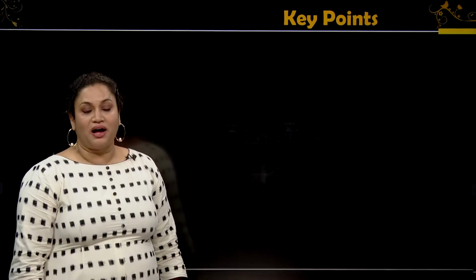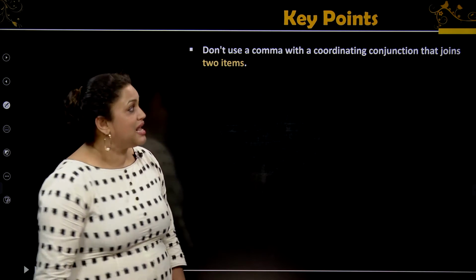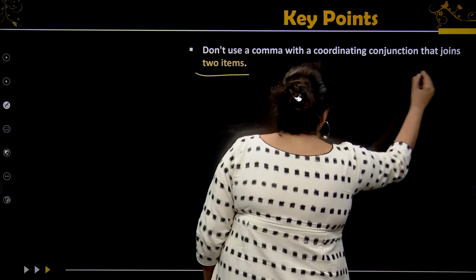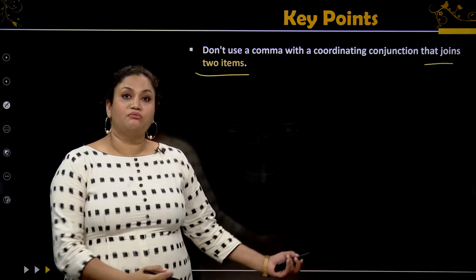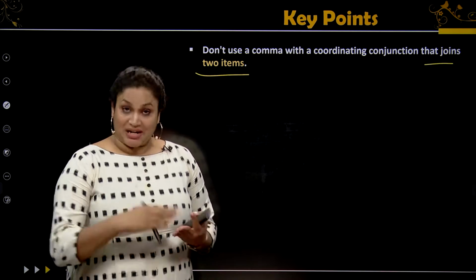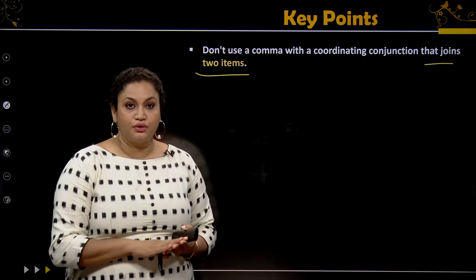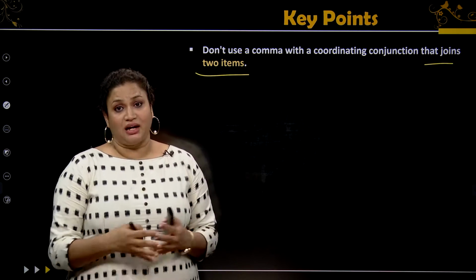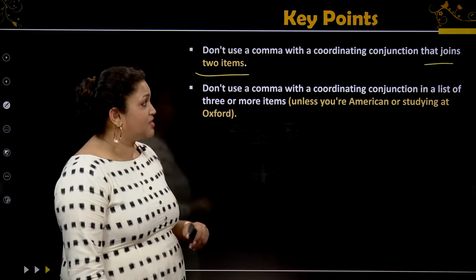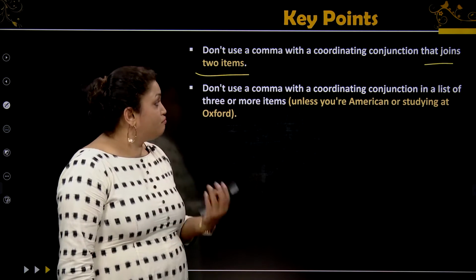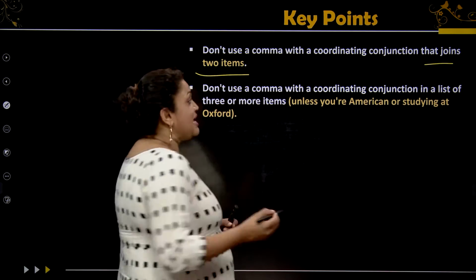Now, the next one, the key points are: don't use a comma with the coordinating conjunctions that join two items only. It is like bold and beautiful, but if sometimes there are three or four, you might have to use one, depending on what you are adding up. Okay, the next one is don't use a comma with a coordinating conjunction in a list of three or more items unless you are American or studying at Oxford. As I told you,